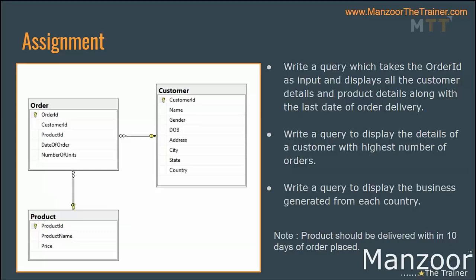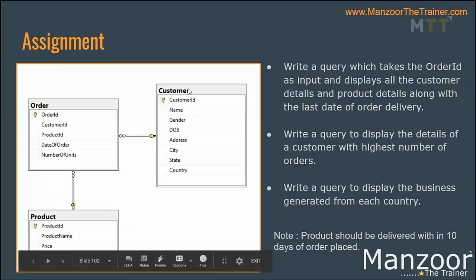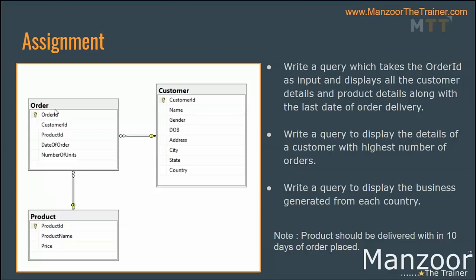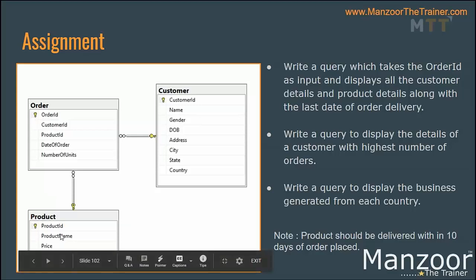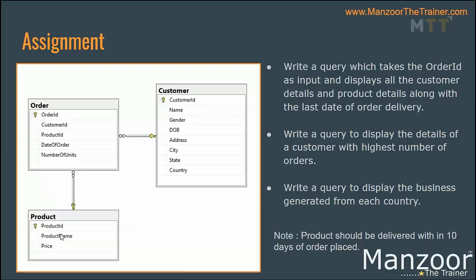2 tables. What are those? Customer and order. Don't you think we need a transaction here? Exactly, we need to insert the information in the customer table, then take the customer ID, then with that customer ID I need to insert the information in the order table. I need not insert into product because the customer will not create a product. So that assignment I will give tomorrow. Don't worry about that. Today you do that transaction and this assignment. This is your today's final assignment.